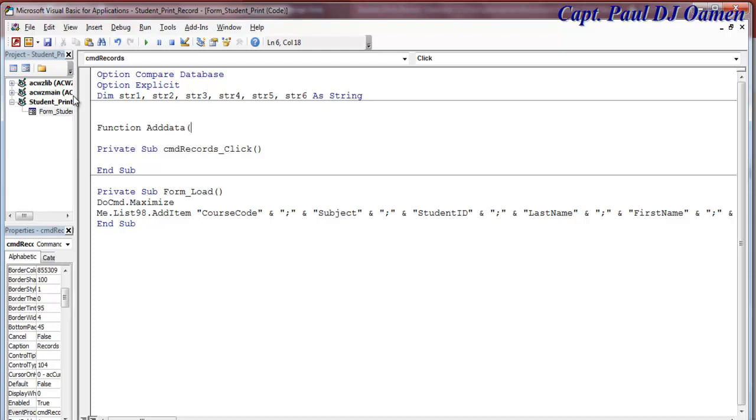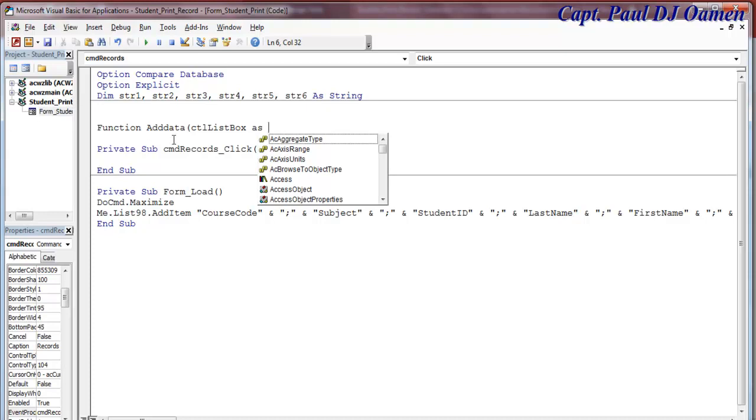So let's say ctl listbox, or ctl, right, control listbox, that's what I'm going to call it, as ListBox, there, comma, let's say ByVal,